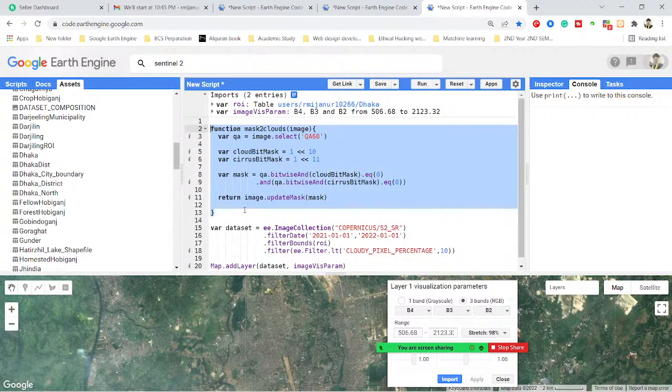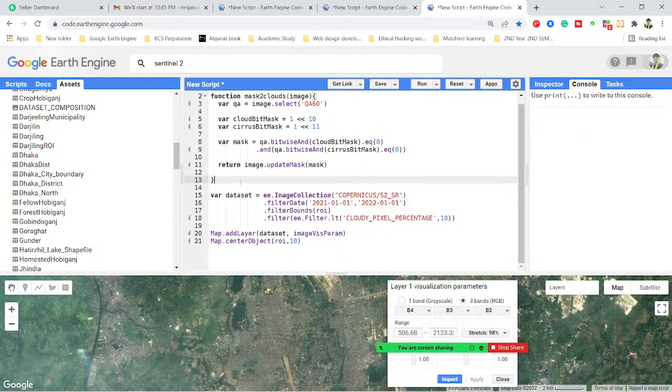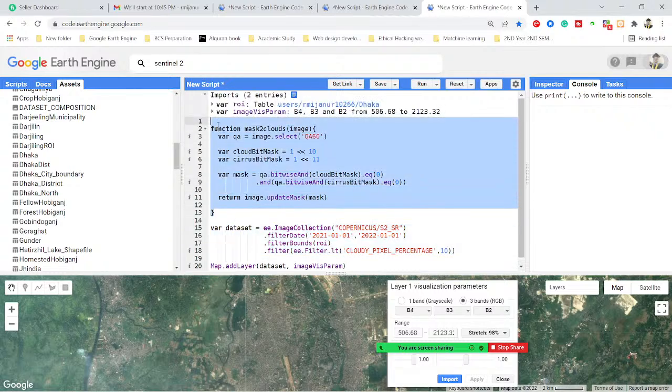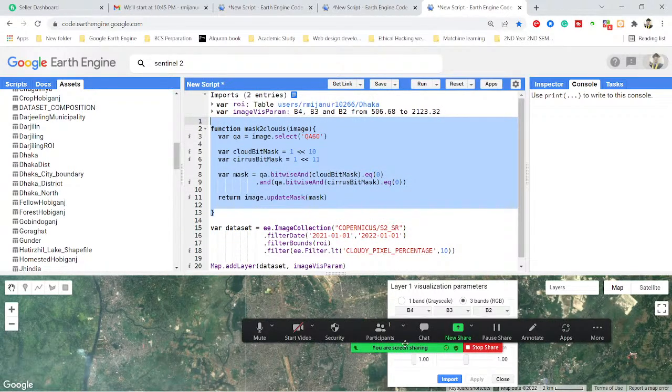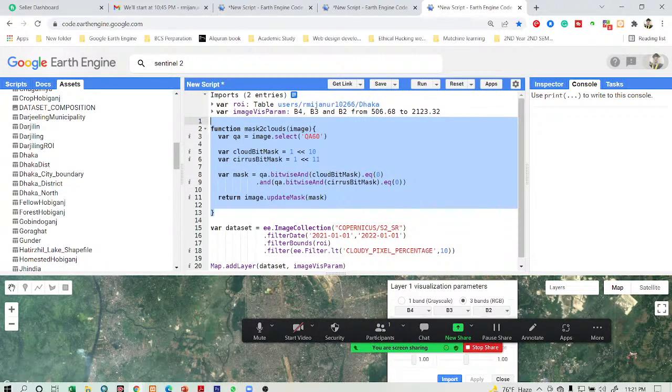Now I want to add this function to my whole collection. This is my whole collection. I want to add this function to my whole collection. So for this you need to